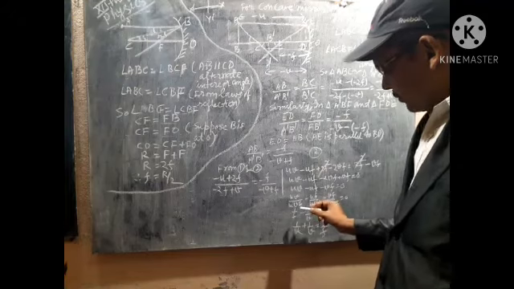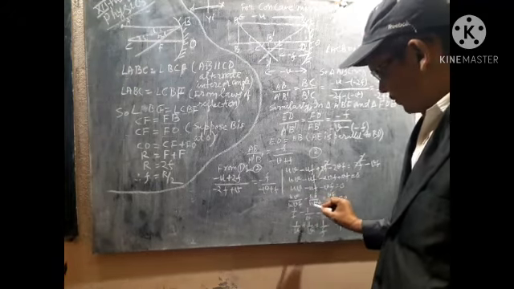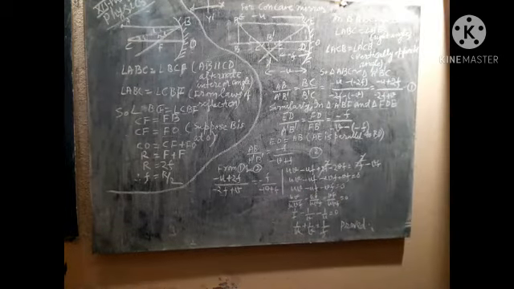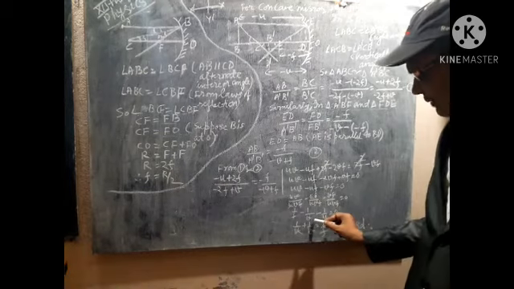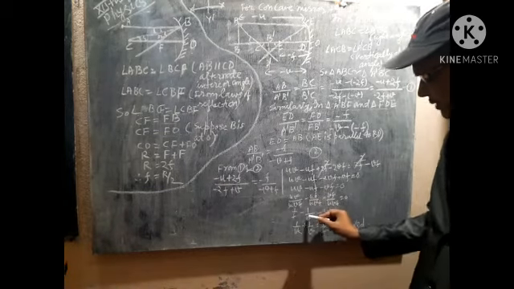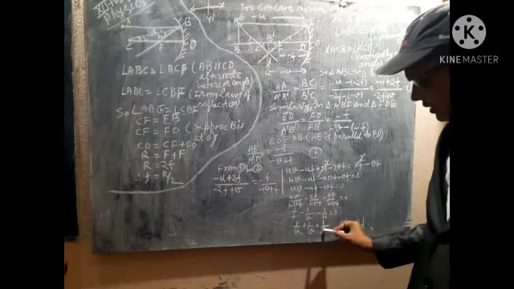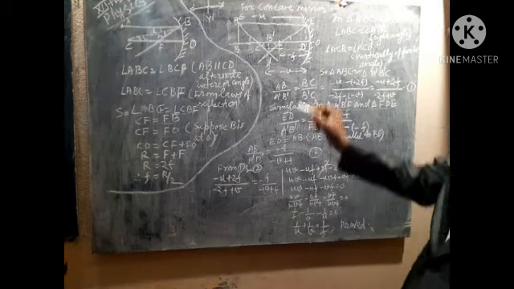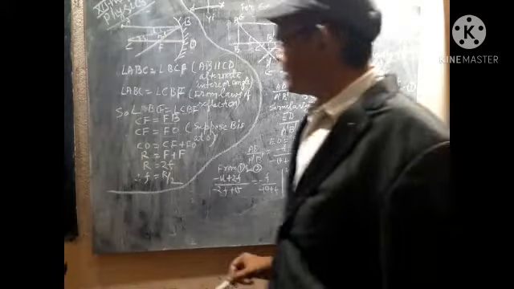Here you have to cancel the common terms, uv, uf and vf. Okay, then what will you get? 1 by f minus 1 by v minus 1 by u is equal to 0. So 1/u + 1/v is equal to 1/f. What is this? This is the mirror formula, and I have obtained it from the concave mirror. Okay, try to understand all these things.